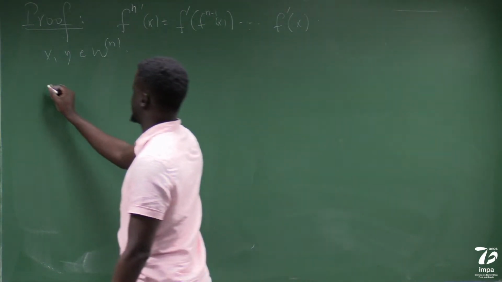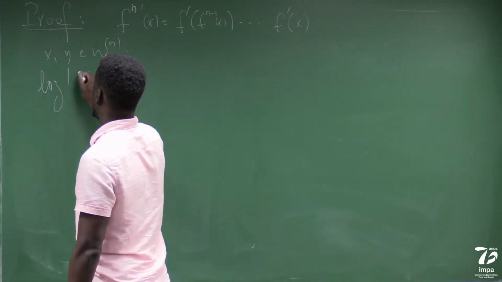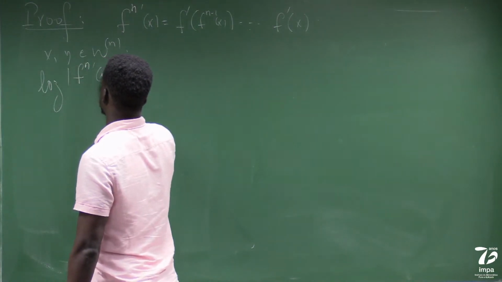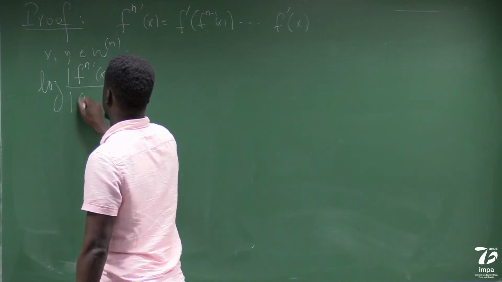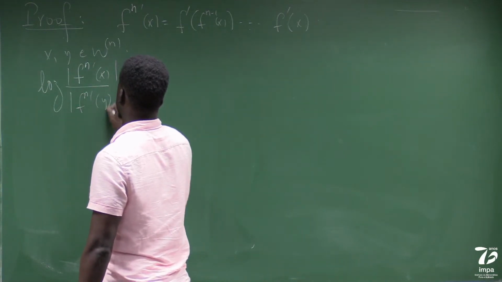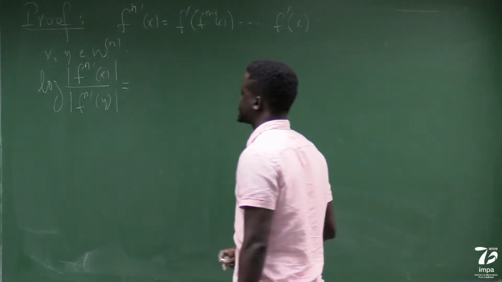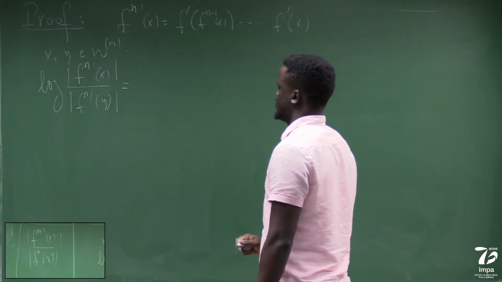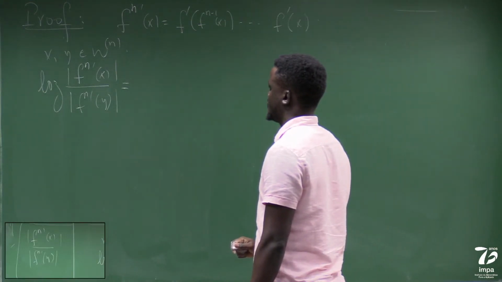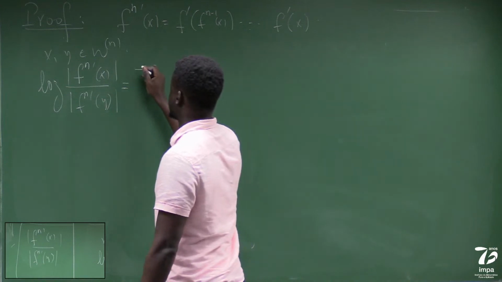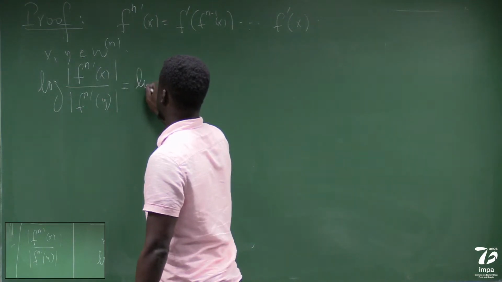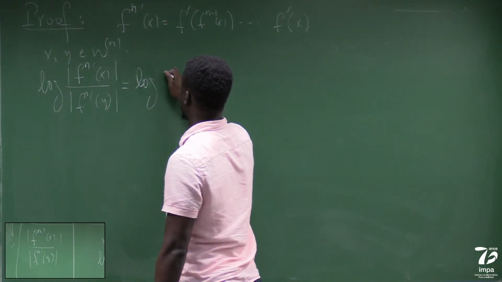So you can see that log of f^n prime x over f^n prime y, you can see this as a sum. So first of all, you can write it as a product